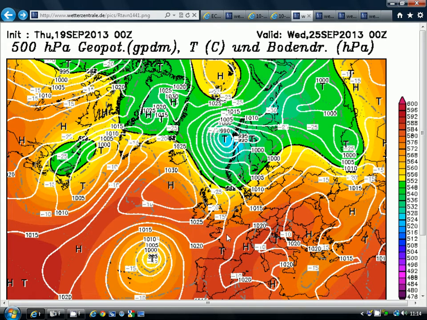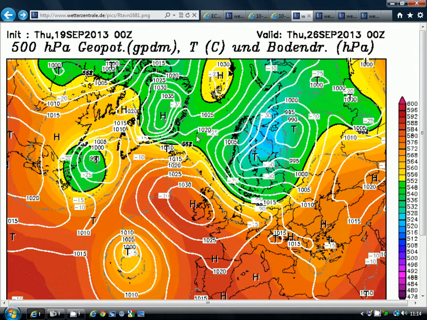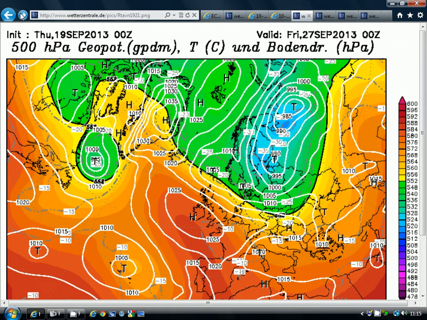That high pressure to the east of the country over Central Europe begins to decline away, and we pull down much cooler air as we go through to the middle of next week. We still have high pressure dominating, but that's in a much cooler air mass now from around Wednesday onwards, so we'll be seeing temperatures back down, probably no better than the seasonal average. It would be cold by night.